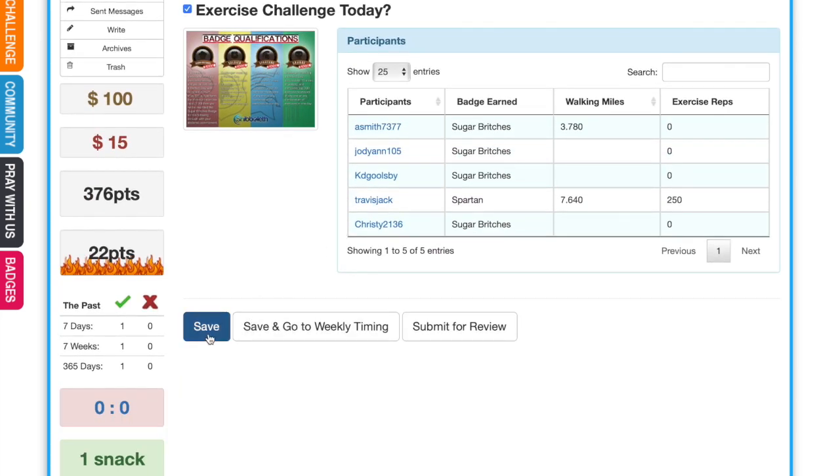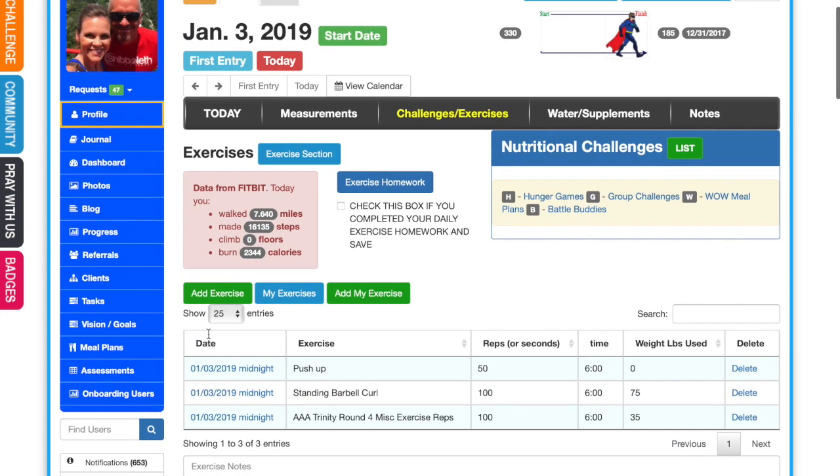Always save. Even if you think you already have, go back and save again if you're not sure. It's kind of like locking the door. You want to make sure you save. I've already earned a Spartan badge. I have the opportunity to earn a Savage badge. And I have the opportunity to earn a special exercise badge for doing my exercise homework. So we try to make things fun. We try to give you goals. I hope you'll go for it.